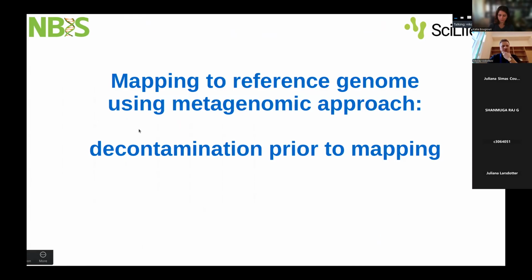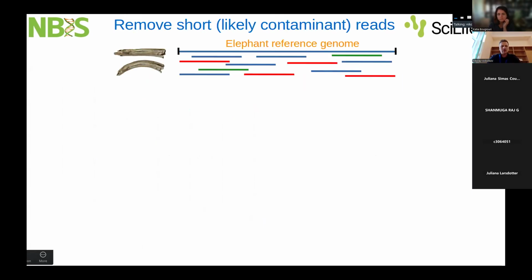Yes, so let's move on to the mapping to the reference. So let's say we check the quality control metrics. Yes, so we did the adapter removal. So what next? Next we are going to continue with mapping to the reference genome, and here again, let's